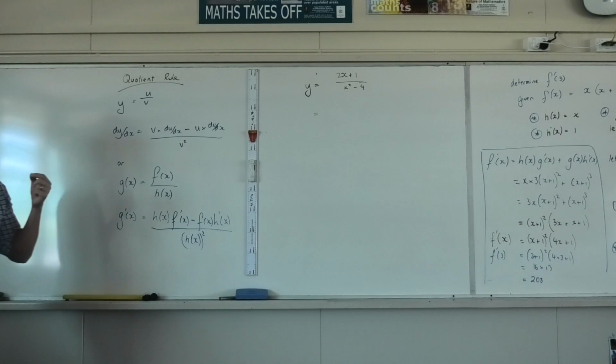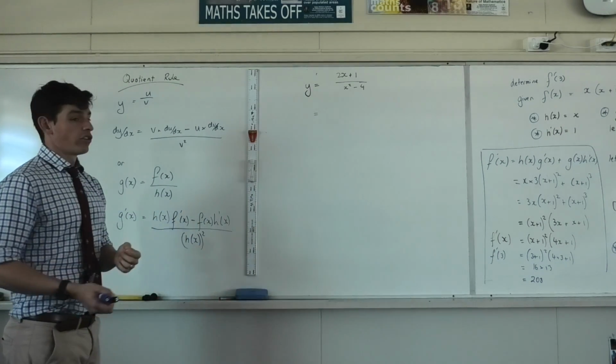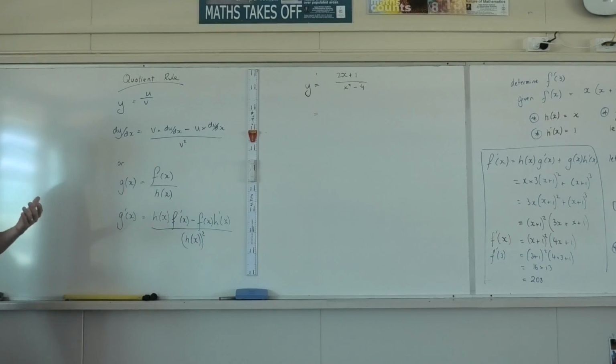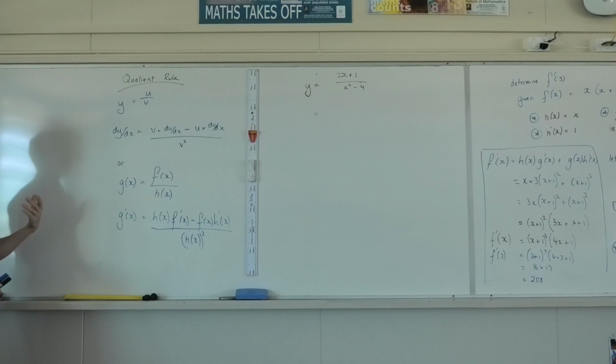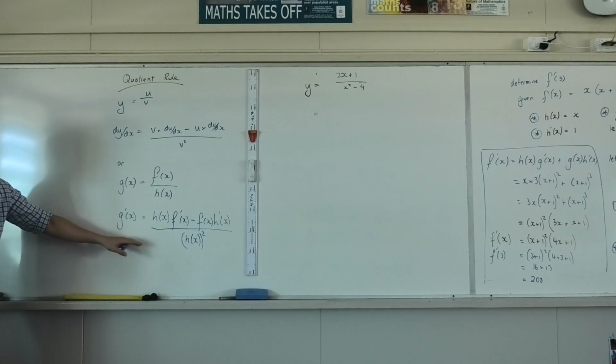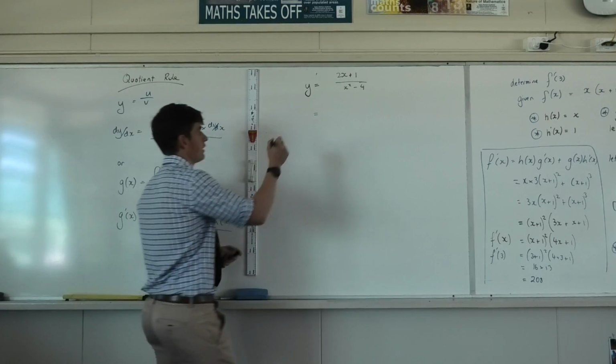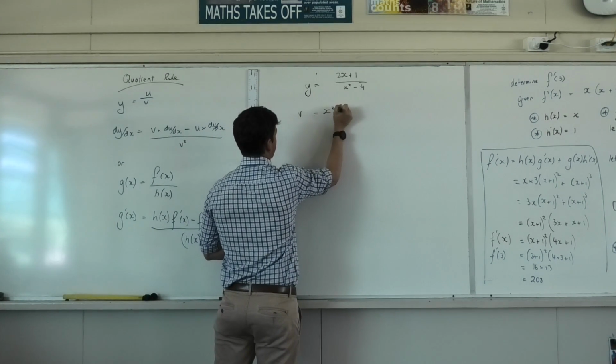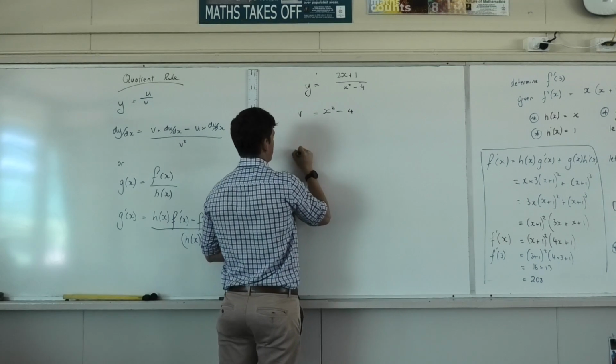So in this case, I have to correctly label which variable is which. So which is my u and which one's my v. In this scenario, which is my v? x squared take 4, which is my hx. Okay, so I'm going to write v equals x squared take 4. u equals